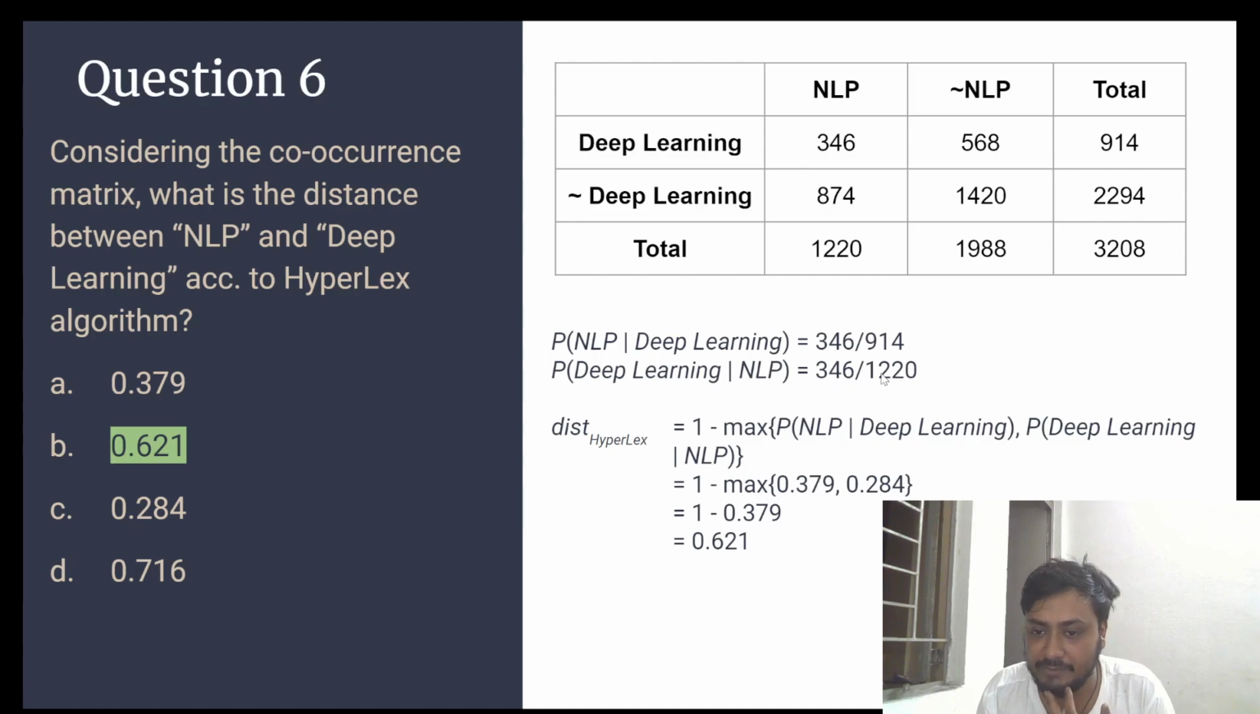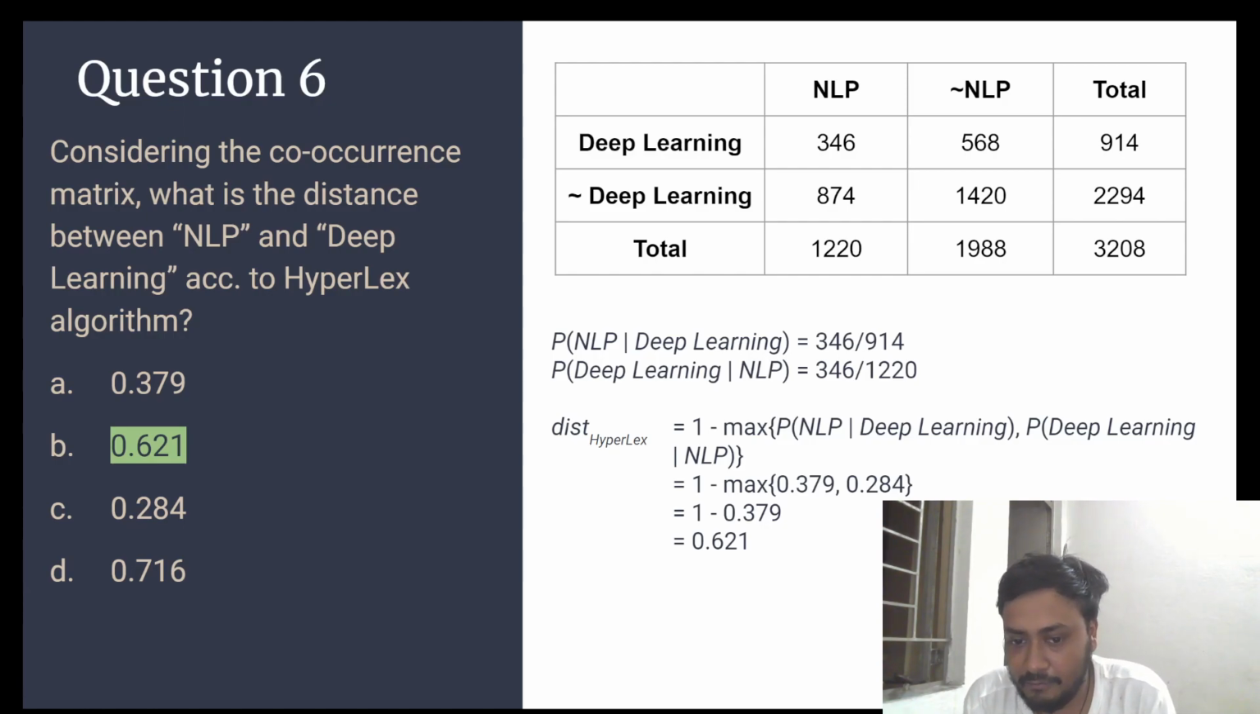So again, this is 346 by 1220, and the hyperlex distance is calculated as 1 minus the maximum of these two probabilities. This is completely based on the formula, and you need to calculate these two probabilities first, and then do 1 minus max of the two, and in this case that comes to 0.621. Okay,